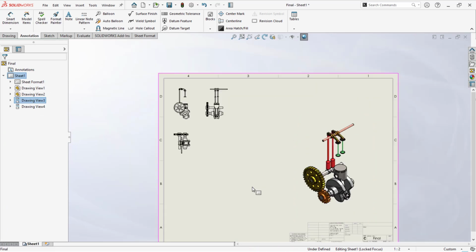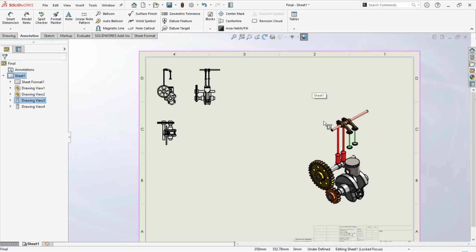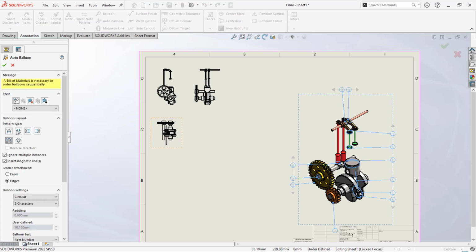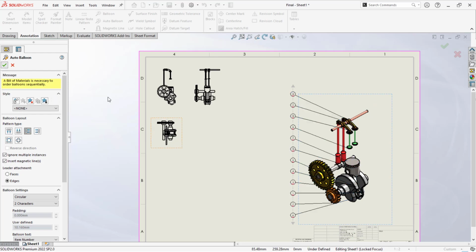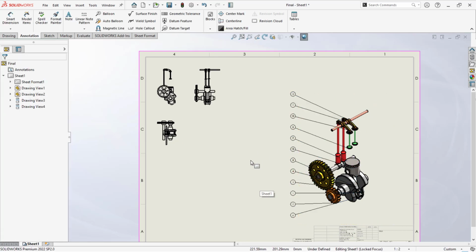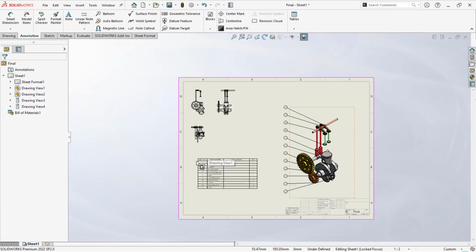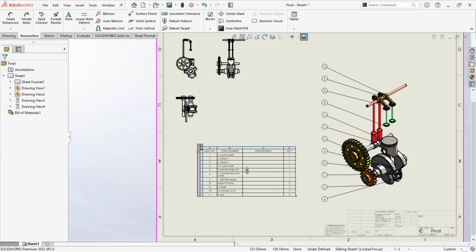and now for this I need the BOM to be generated, even the ballooning. I'll select the auto balloon option. So here we have the advanced options to place the balloon. So I'll use this option, so it should be at the left, aligned properly like this. You can even have the magnetic lines and all, but I need the BOM for all these components. You can place it like this. Okay,